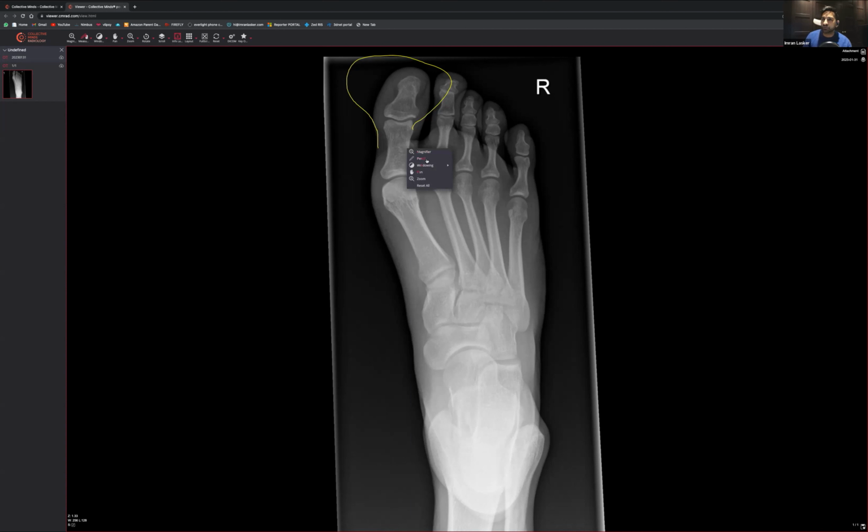So I wouldn't rely on looking for soft tissue swelling. If you think you've seen a fracture, then you look for soft tissue swelling, and that can help. But otherwise, I wouldn't really rely on it. It can just be something that alludes you to something. If you think you've seen soft tissue swelling, have a look at the underlying bones. If you can't see them, you may have to say soft tissue swelling, but no underlying injury.